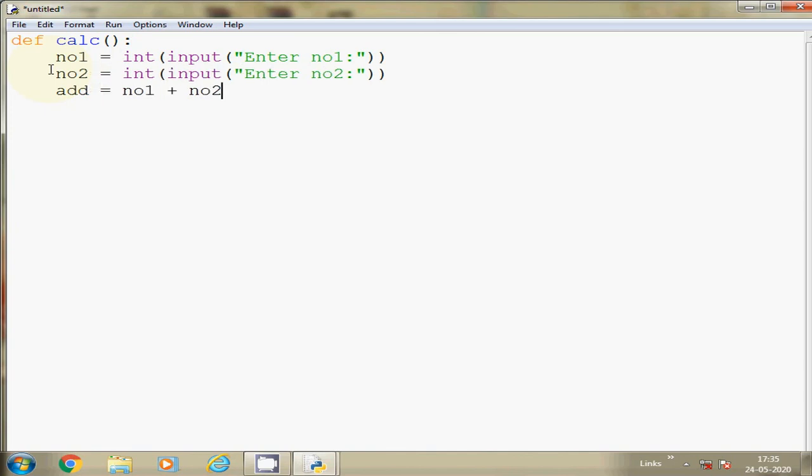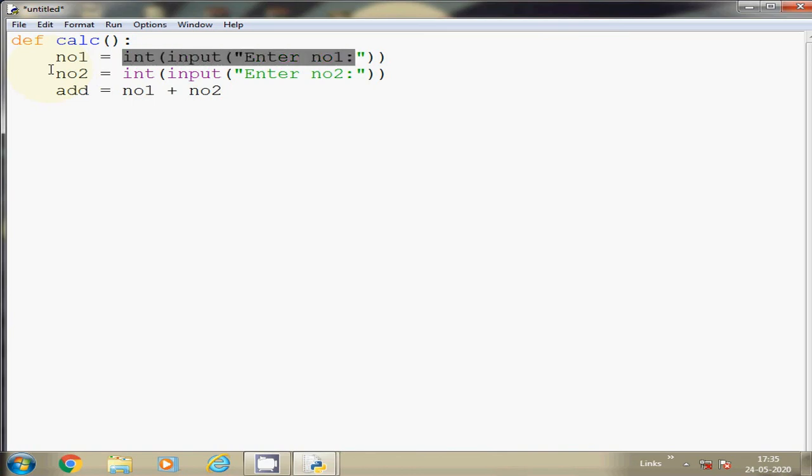So here equal to is the assignment operator that will assign a new value. Means number 1, when it is written here, it has nothing or none. Python automatically, if we are not initializing any value, will consider it none. So it is none, and when this statement is executed, whatever number is entered by the user, it will be number 1.